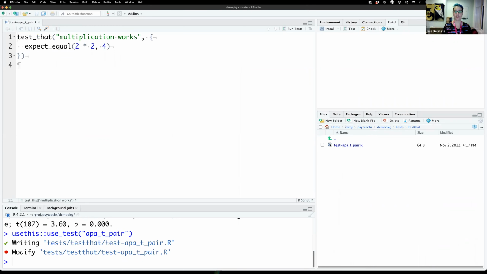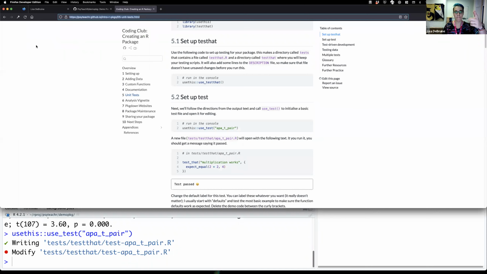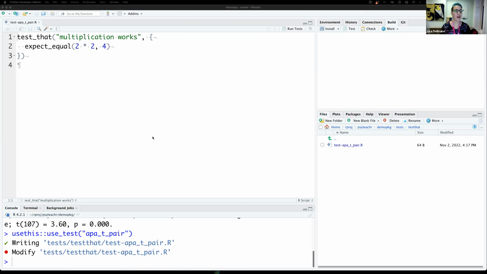It's going to create a file inside your test folder, inside the testthat folder, called test-apa_t_pair.r. I have mistyped this, so in the chapter, follow only the chapter, because all of what we're gonna type is there. You can do a lot of cut and paste. I need to put a test dash right here before that. That's a typo in this chapter. All right, so you get this